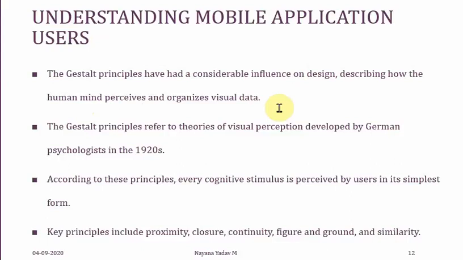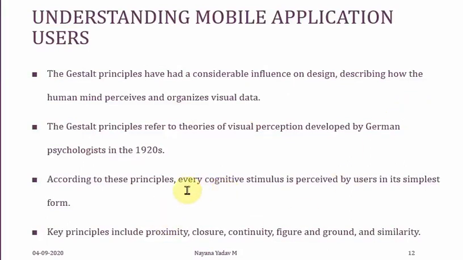Yesterday we said, when Shantaram was telling that he wants to develop a Ludo Queen or something like that, right? While telling about that, we said if you're having four coins, for one player all the four coins will be the same. So what will our mind perceive? If you're having four coins which are of red color, then we come to the conclusion that they are for one player. Similarly, the other four coins of the same color are for another player. That is how the human mind perceives and organizes the visual data, that is color. Based on the color we can see. Similarly, you can do it based on the size, or some other attributes are also possible.